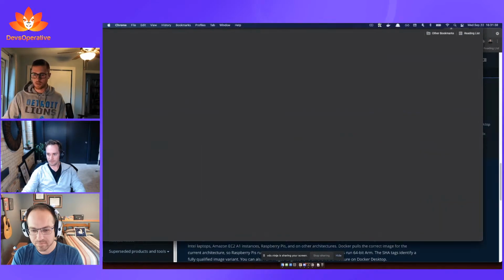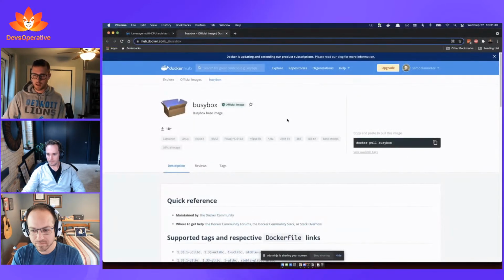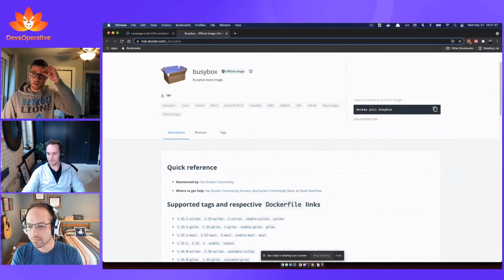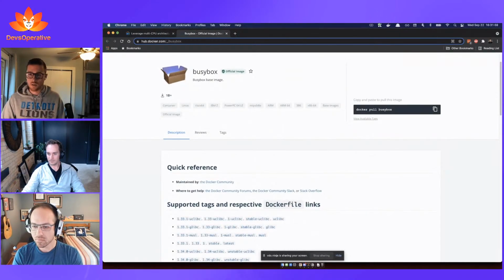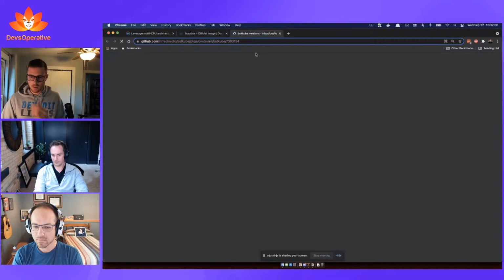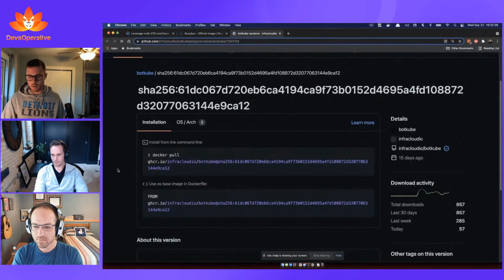And I can show an example of that. So BusyBox, a super commonly used utility, just to show where GitHub shows it off. GitHub has these tags right here. So all under the latest tag, we can see that, hey, it's built for a bunch of different things. And then let me pull up this one as well. So BotCube, now you can see